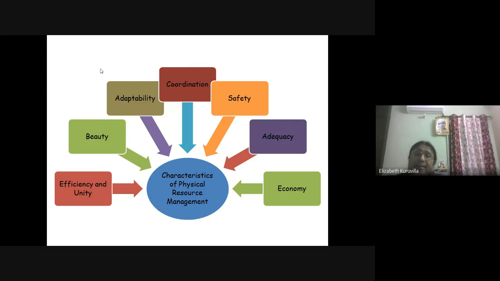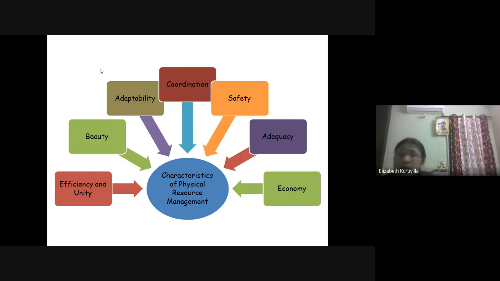Okay, so the characteristics of physical resource management, we can see that there should be adequacy, safety, coordination, efficiency and unity, beauty, adaptability, and